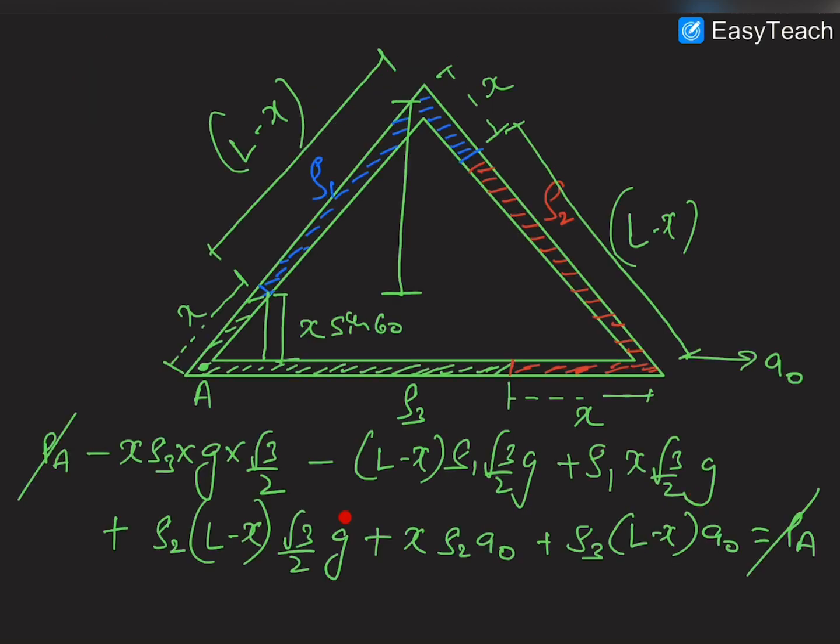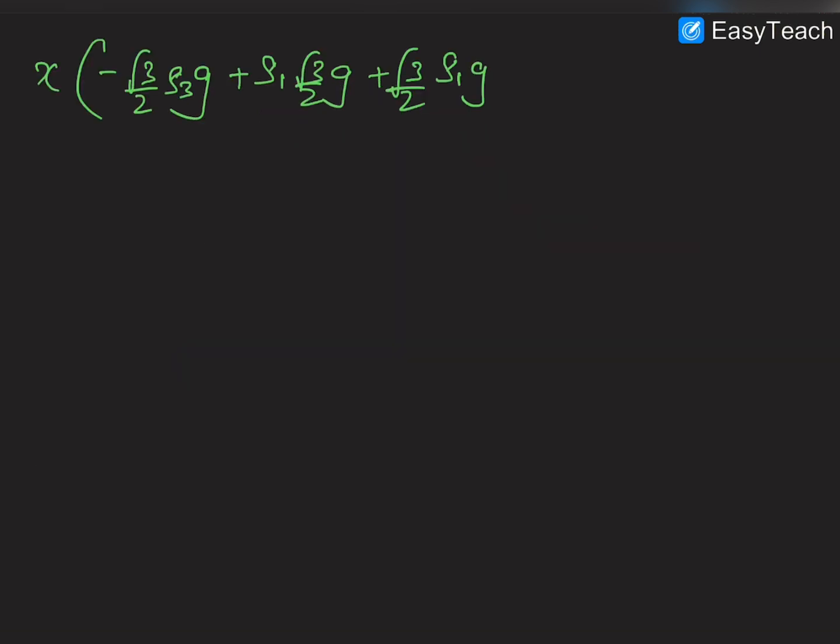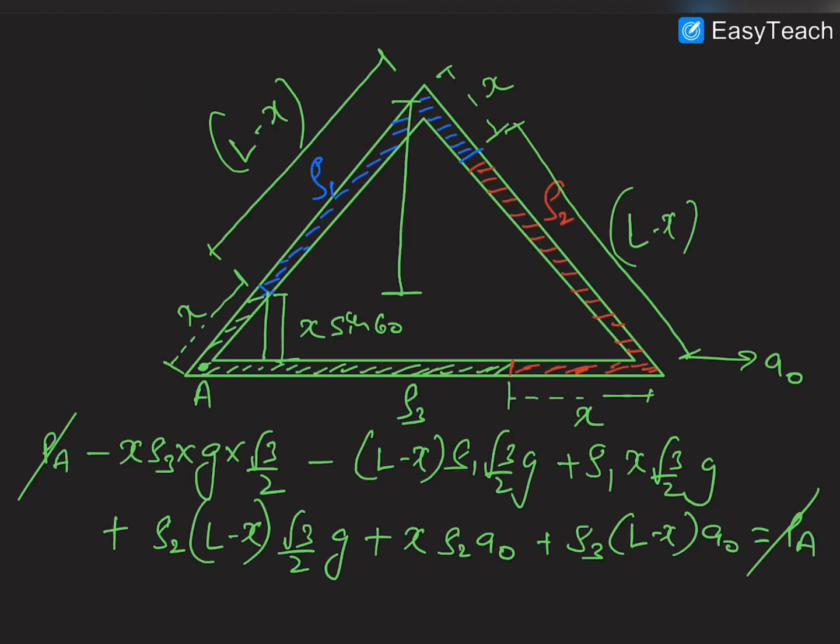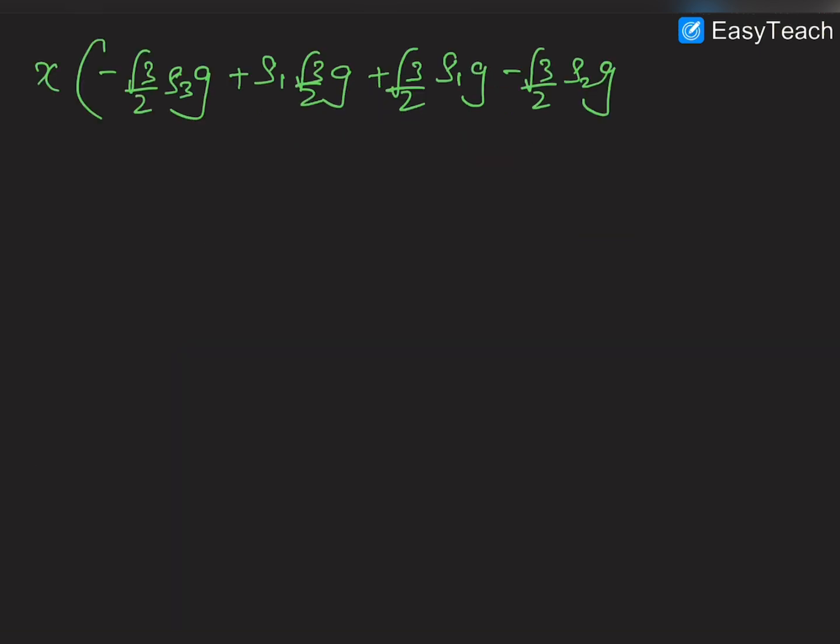It would be plus root 3 by 2 rho 1 g, plus root 3 by 2 rho 1 g, and minus root 3 by 2 rho 2 g, so it is minus root 3 by 2 rho 2 g, and this will be rho 2 a naught, and this will be minus rho 3 a naught. So it would be plus rho 2 a naught minus rho 3 a naught,